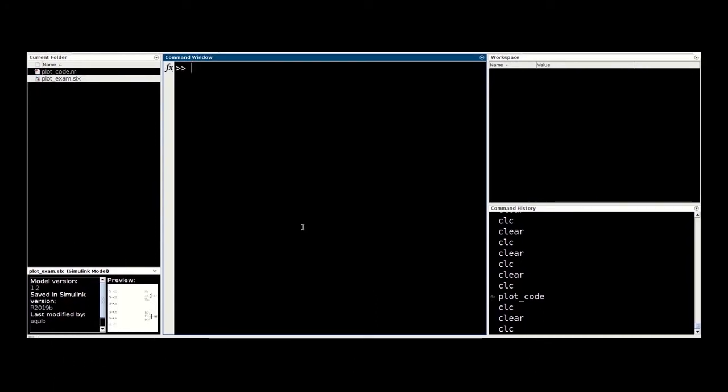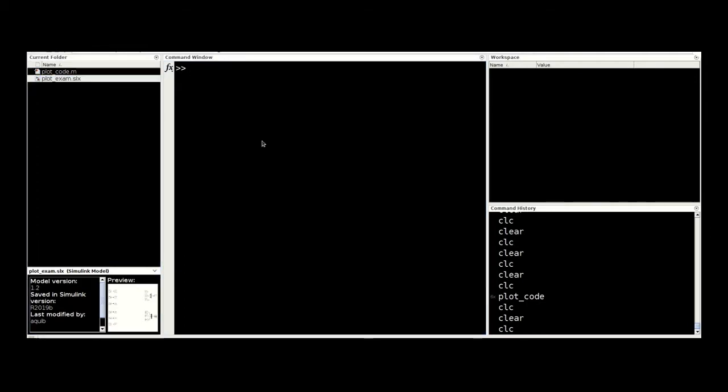Hello everyone. In this video we will be looking at how to create high quality images using MATLAB. Sometimes when we are using Simulink, we need to export the results obtained from Simulink into some paper or presentation. So we will be looking at how to export the results in a high quality framework so that it doesn't blur when we zoom in on it in our paper or presentation.